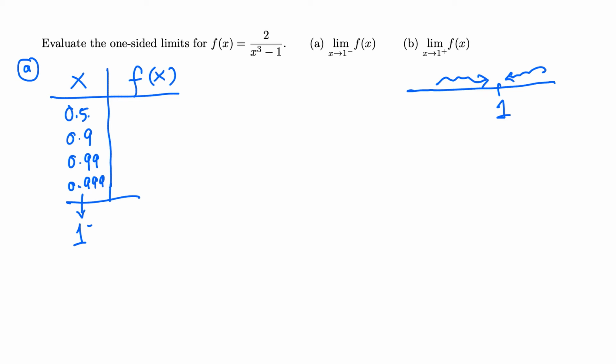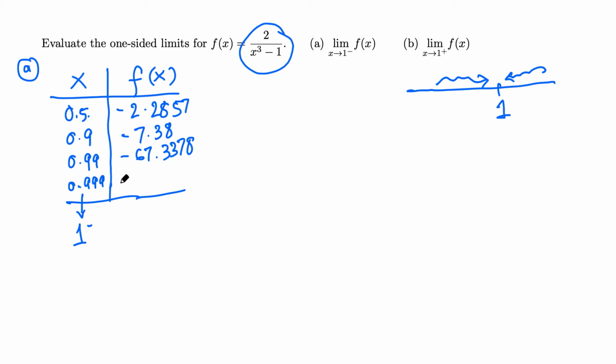Now plug in these numbers into this function using your calculator. So when we plug in 0.5, 2 over quantity 0.5 cubed minus 1. So we need to put parentheses around the bottom. So we're going to get negative 2.2857. Plug in 0.9, we get negative 7.38. Plug in 0.99, we get negative 67.3378. And for 0.999, we get negative